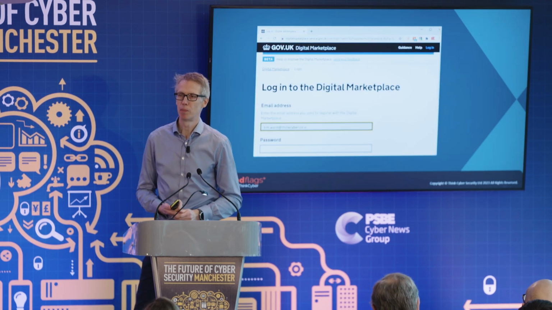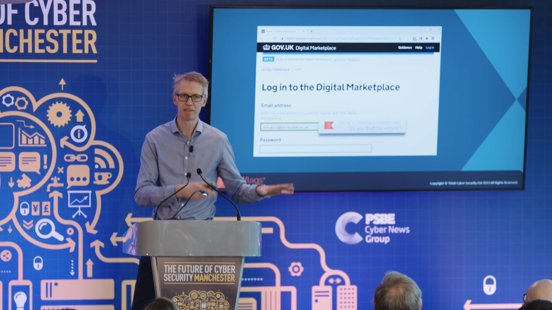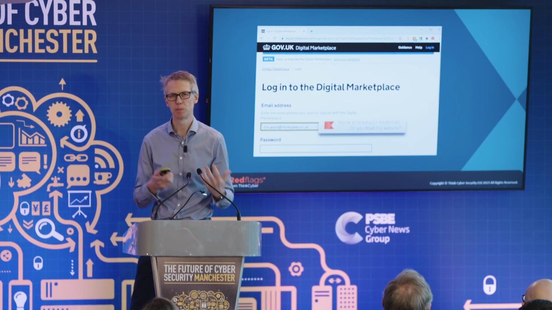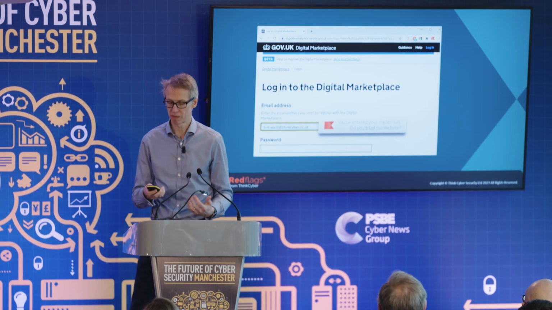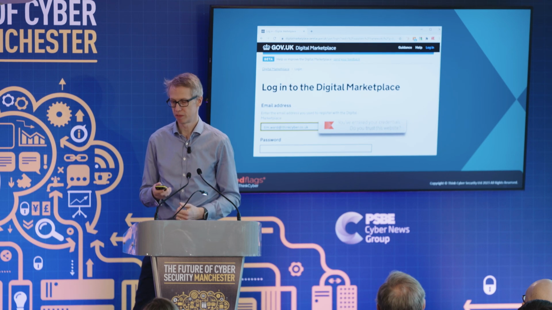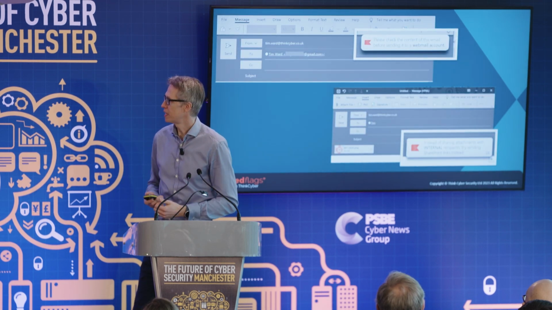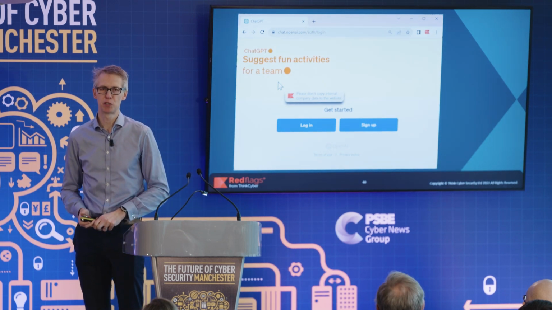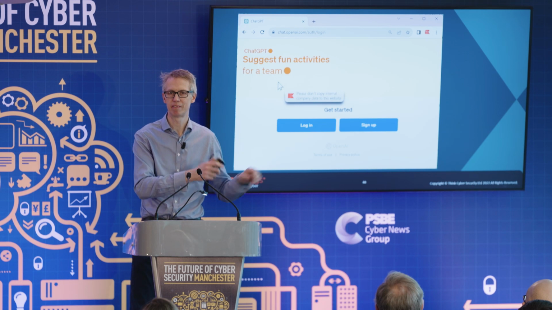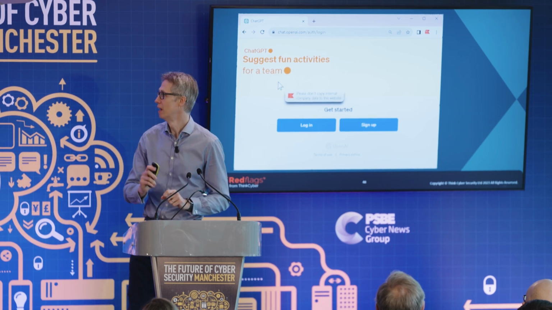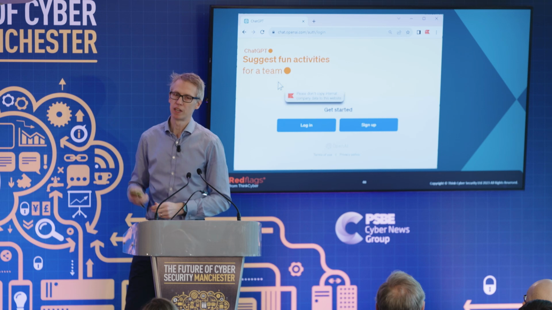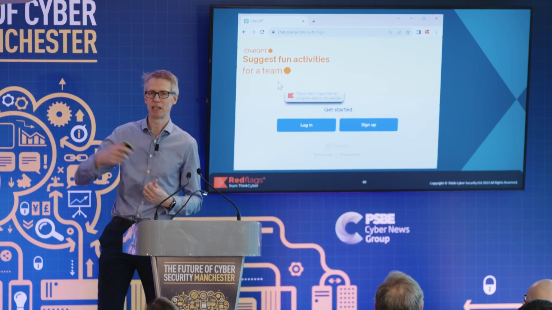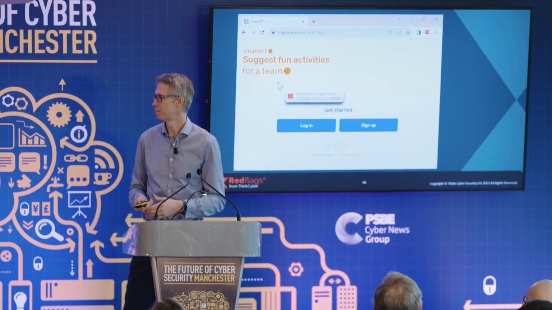Shadow IT, a real problem, very hard to manage unless you just block everything and any website has to be signed off, but that's quite a draconian approach. So why not nudge people when you see them putting their corporate email address in? Maybe nudge them around credential stuffing and help them understand the risk of that. A few DLP-related things as well. And everyone's favourite, going to ChatGPT. I'm sure you've all got policies and everyone's been sent it and they've all ticked to say they've read it. They probably haven't. Certainly not going to remember it. Why not nudge them at the point they're actually going to ChatGPT? Or even at the point they fill the paste buffer and are about to paste something into ChatGPT.